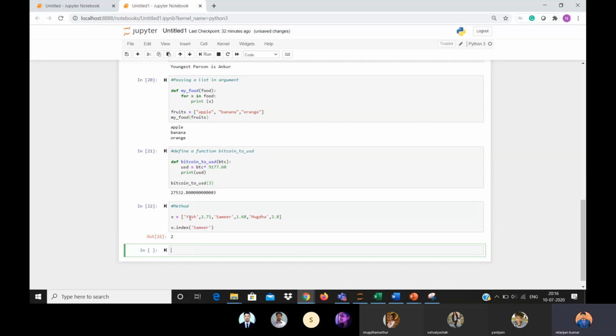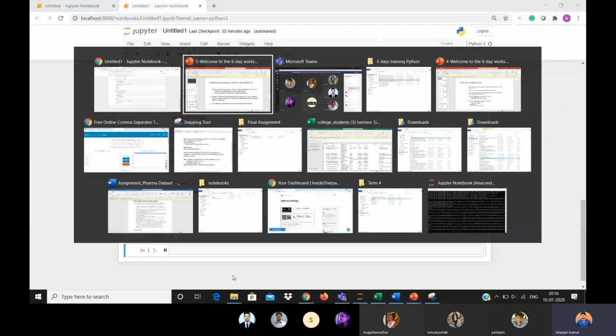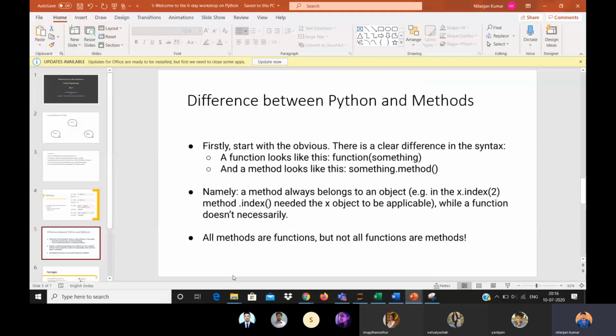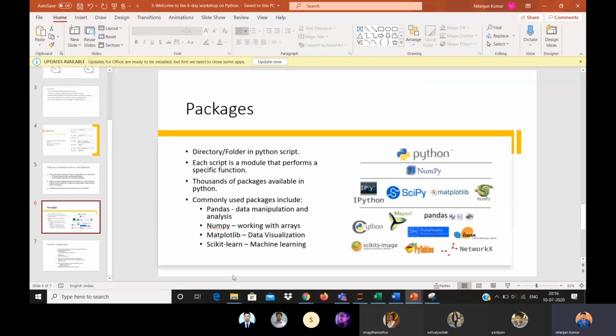We are starting with 0, 1, 2. There are many methods, and this is the same as a function. But the only thing is that we cannot create a method basically. A method is inbuilt only. So this was method, simple.